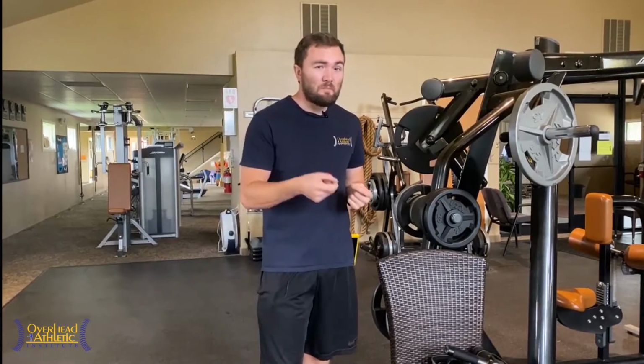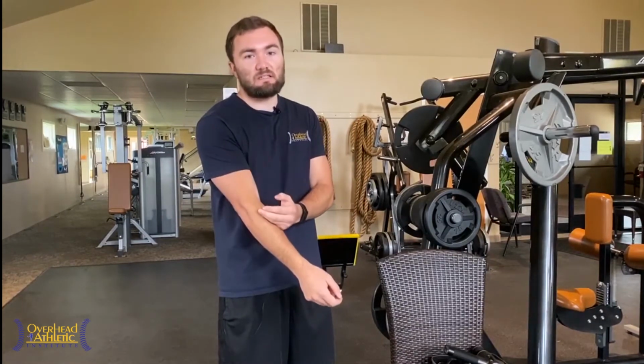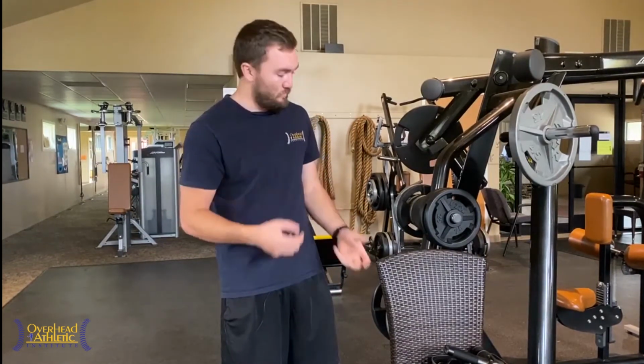So that's how we like to use it. Now in therapy, we might use it time to time, but we don't spend a ton of time on it. I think the goal here when we're working with athletes, or patients, is to give them things that they can utilize on their own to make the most of their time, and then we can be more effective when they actually get in. So that's how we like to use different percussion guns, more so for the consumer, but we do use them time to time, especially if someone's really sensitive to touch, someone's acute, we can utilize some vibration, something like this,